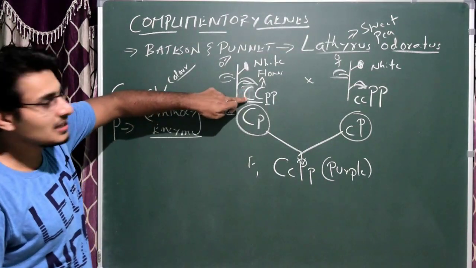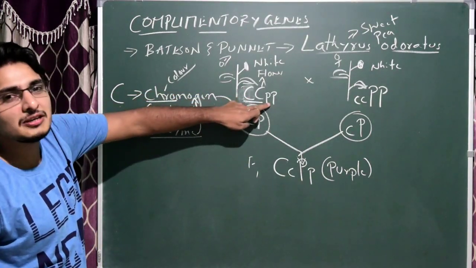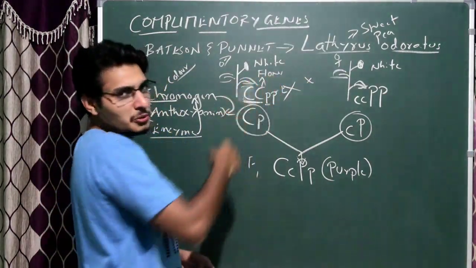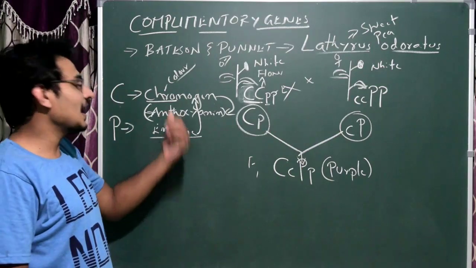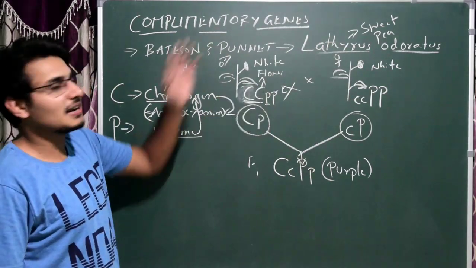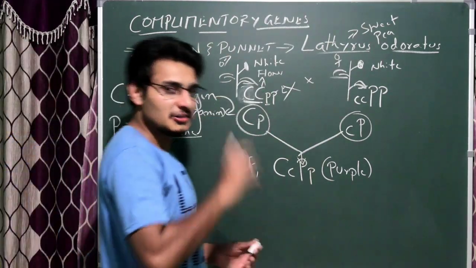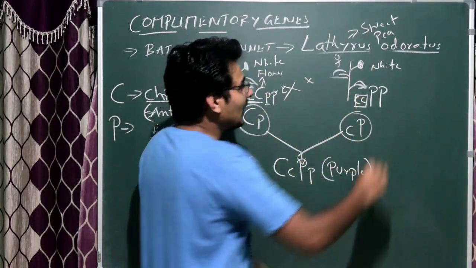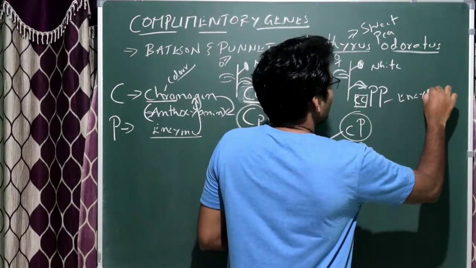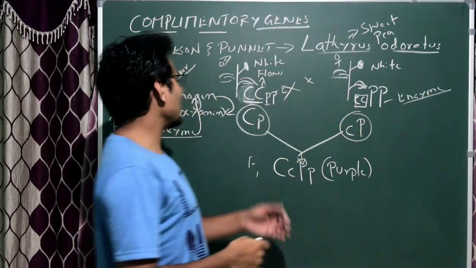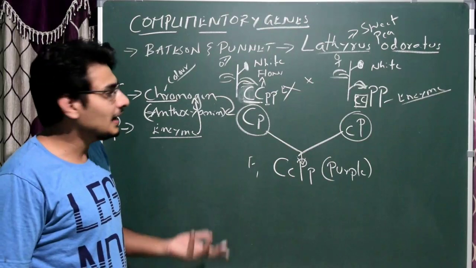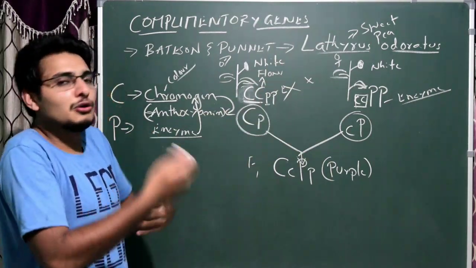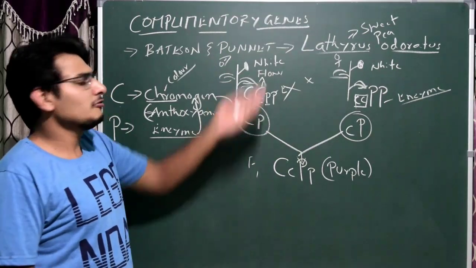So in this case you see capital C, but here you see small p. Obviously here enzyme cannot be produced. Here chromogen is produced, but it cannot produce the anthocyanin, correct? So as a result the color is white. Number one. The number two is, in this case, chromogen is not produced, but enzyme is produced. But enzyme cannot act on chromogen because there is no chromogen at all. As a result, the color of the flower will be white. If you look into the phenotype, obviously the color will be white.